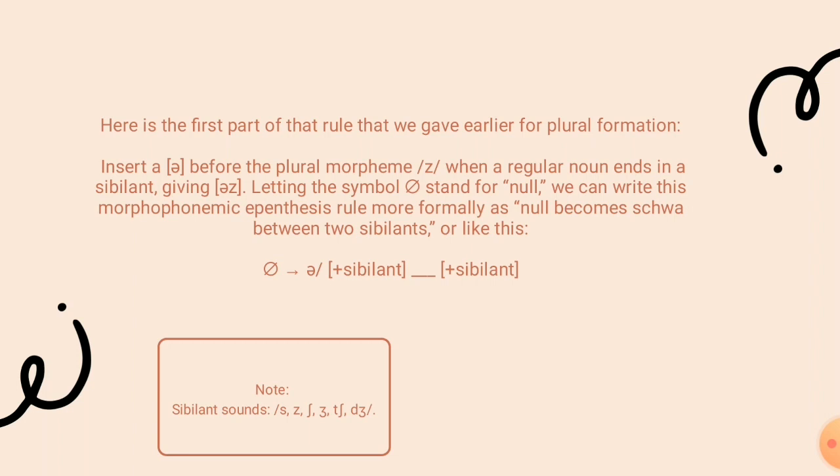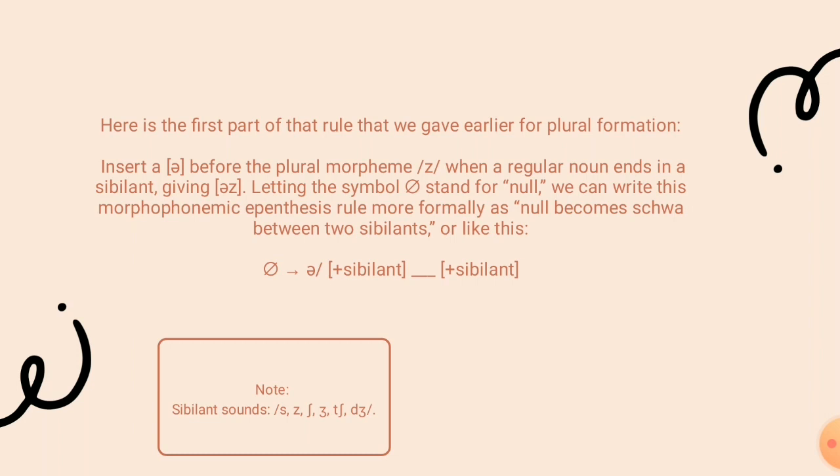so it becomes iz. If this symbol stands for null, we can write this morphophonemic epenthesis rule more formally as null becomes schwa between two sibilants, or like this. So between these two sibilants, it is the schwa. So the schwa is placed in the middle, in here. You also have to remember, when you pronounce the schwa,